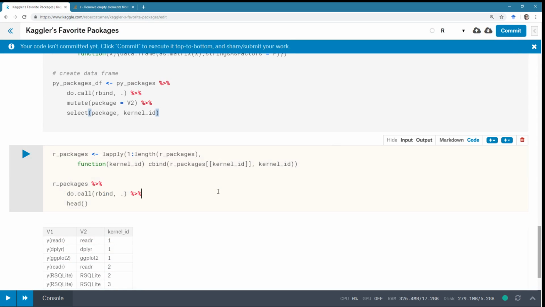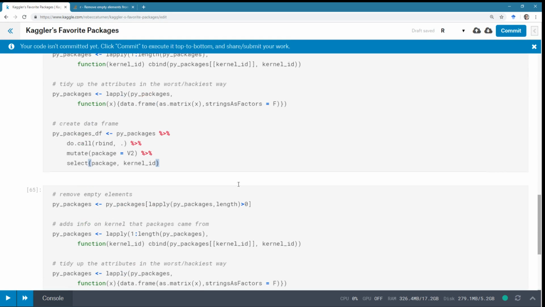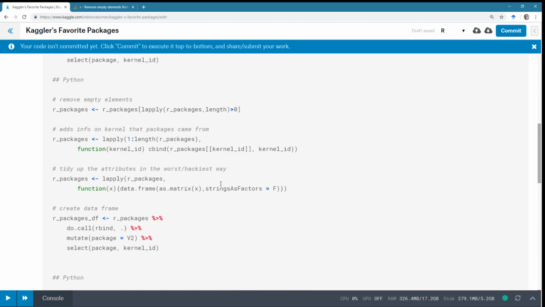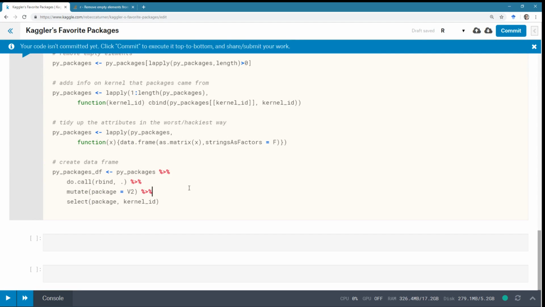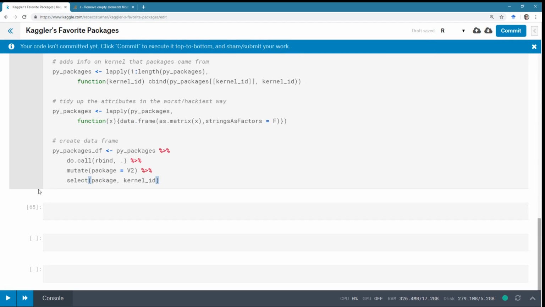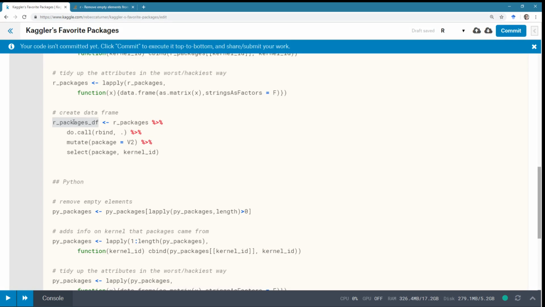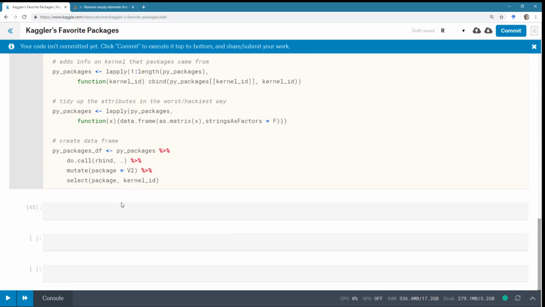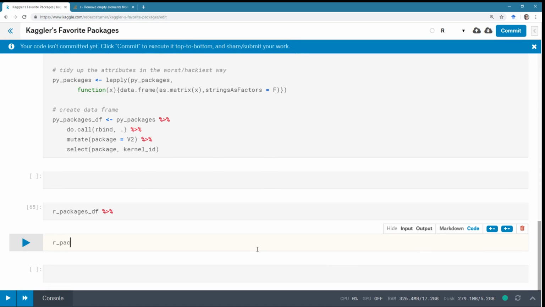I'm just gonna get rid of that. Packages, R packages, that's everything we want there, so I can just get rid of all of this code and everything should work great and exactly the way that I intend. So what I want to know now is in this R packages data frame, what the most popular packages are. I just want to look at the head of my data frame really quickly to see what it looks like, so that I can remember what I called things.